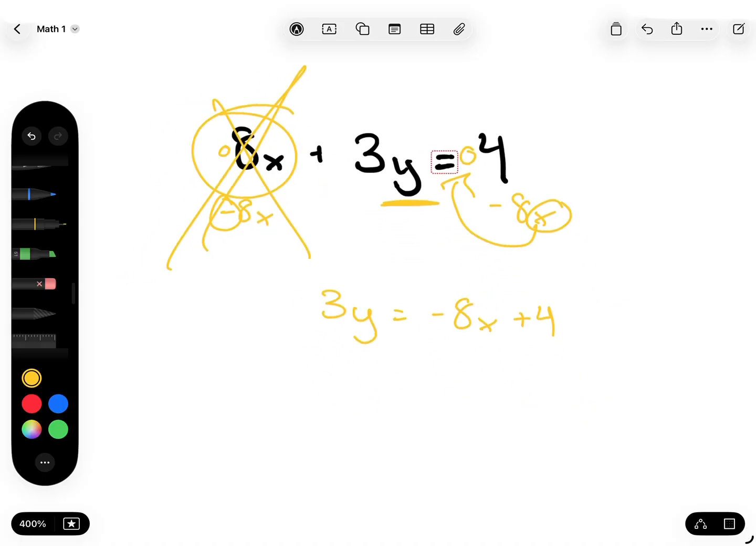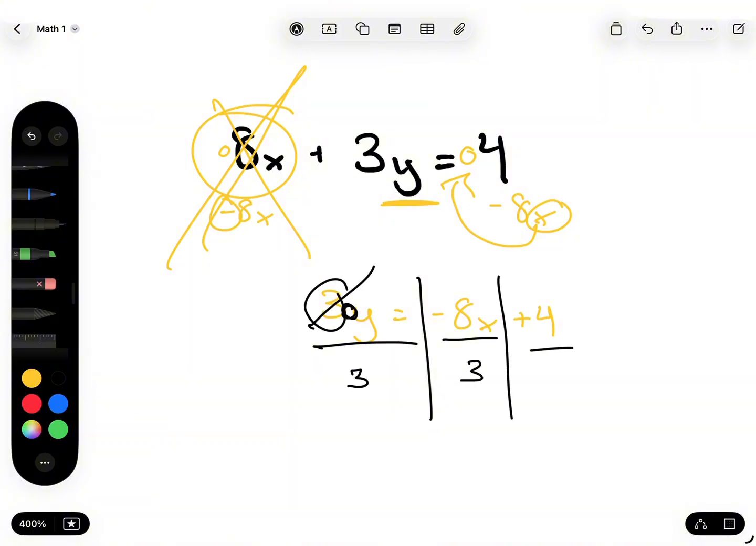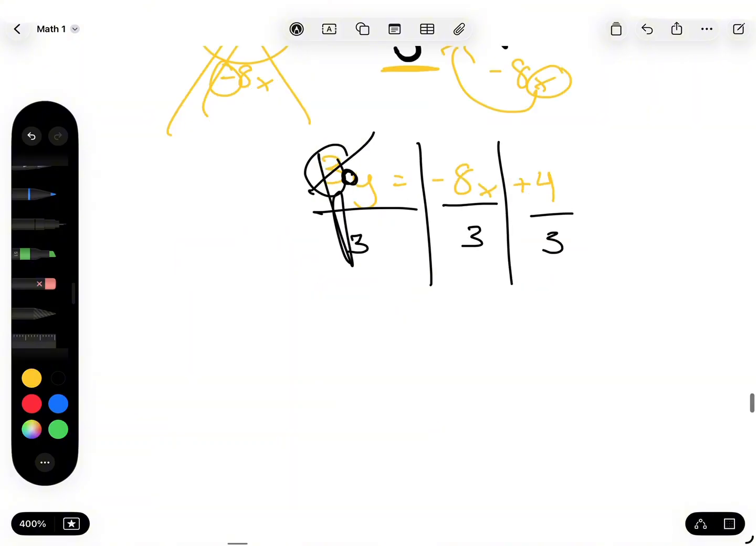Next, we're going to do the inverse of multiplication, which is happening right here, to all three numbers. So this is a 3, divide by 3, divide by 3, divide by 3. This leaves us with y equals,